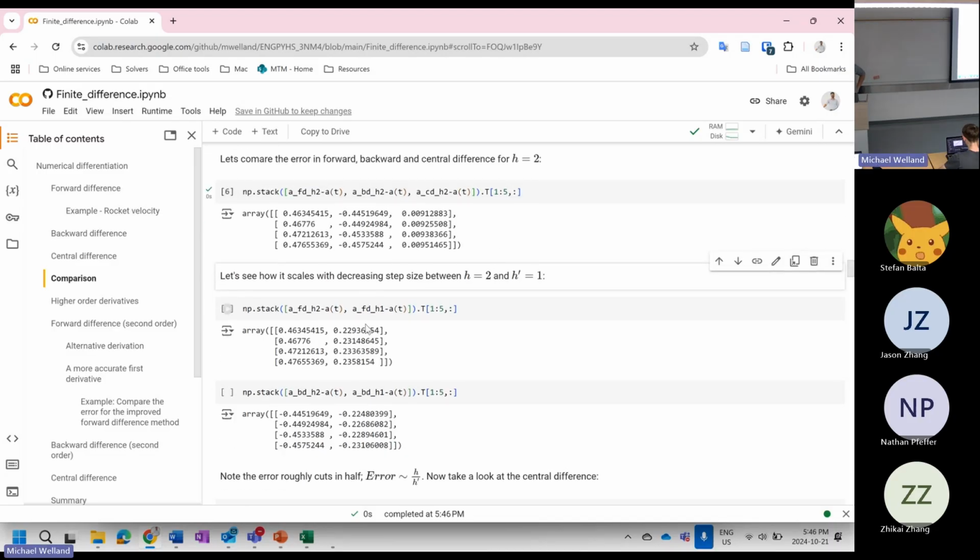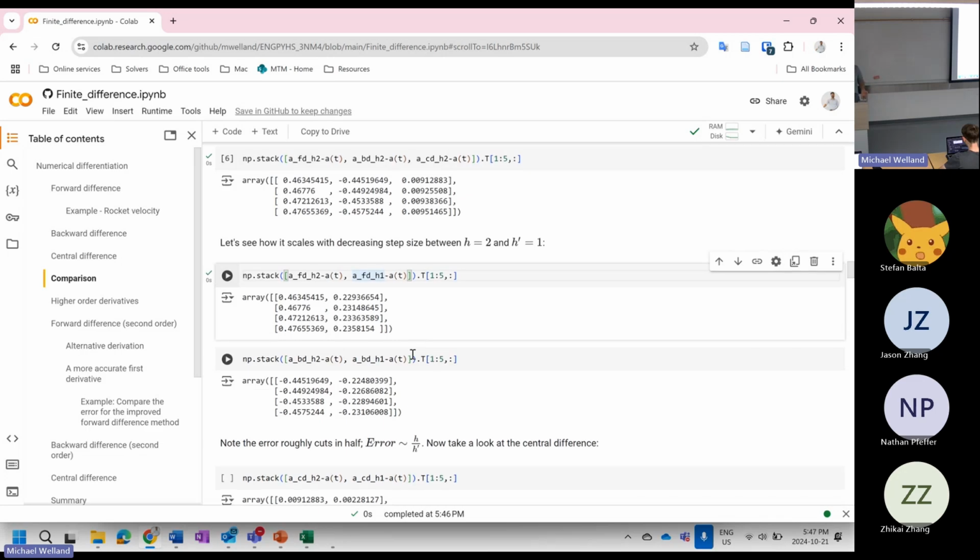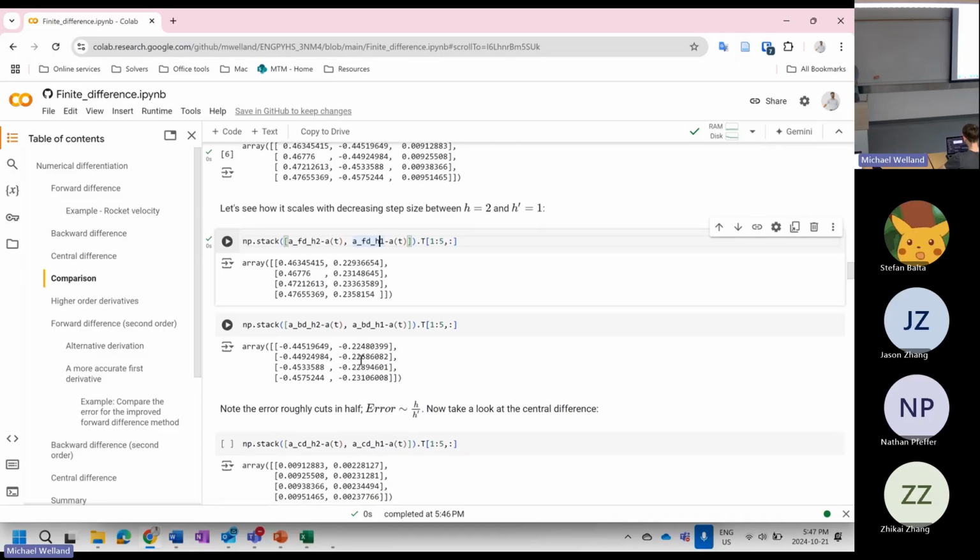Okay. And then we're going to decrease the step size from 2 to 1, and we're going to replot it. For the forward difference, you can see that by decreasing the step size, you're doubling your sampling frequency, right? By halving the step size, you halve the error, because it's linear order accuracy. Same thing with the